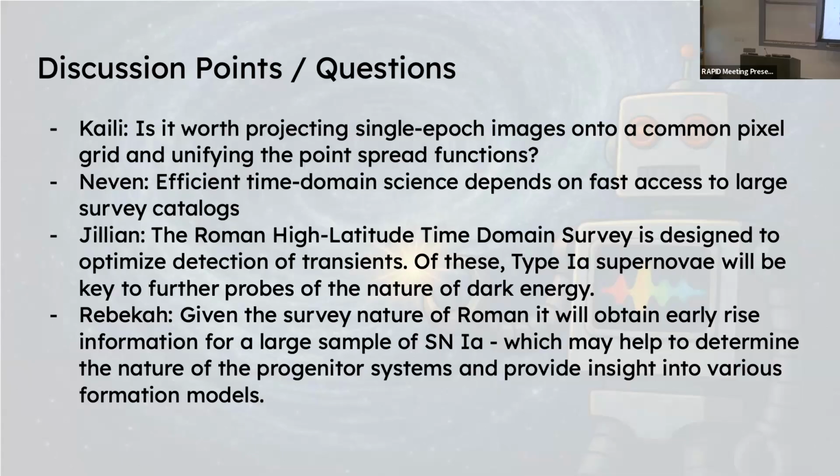In terms of what the signal to noise limit will be and the limiting magnitudes, I'm not 100% sure about that off the top of my head. Gillian, do you have an answer for that? You just need to go 3 or 4 magnitudes below the peak before you'll see any of these early light curve excesses. And then you need to sample them at sub-day rest frame cadences if you really want to measure something. I think if you want a statistical sample, probably 3 magnitudes below peak at around redshift half or so. Does that answer your question? Yes.